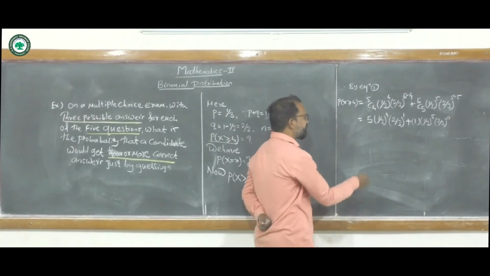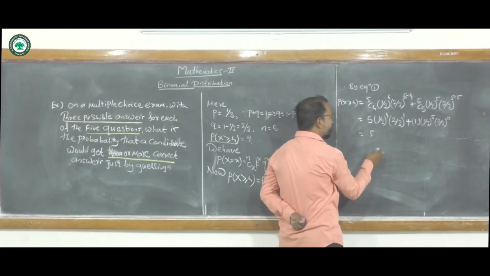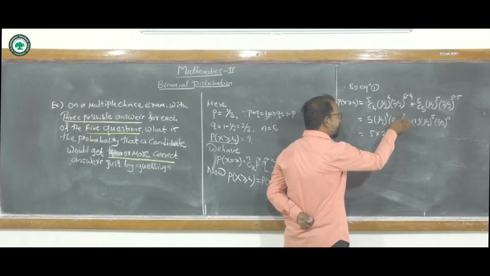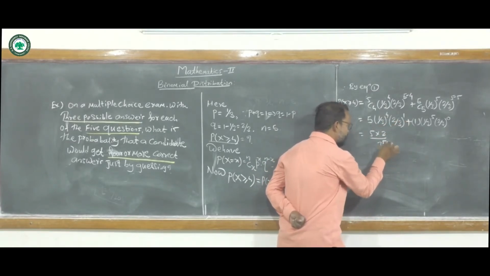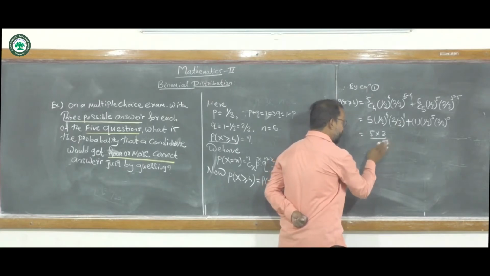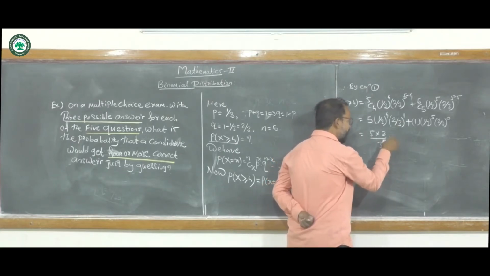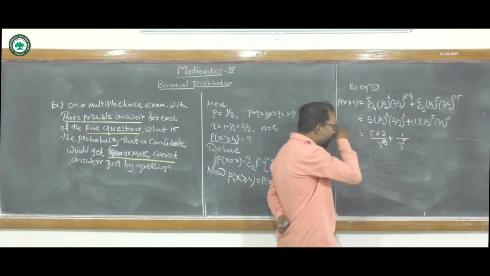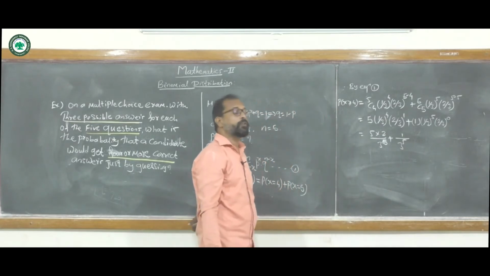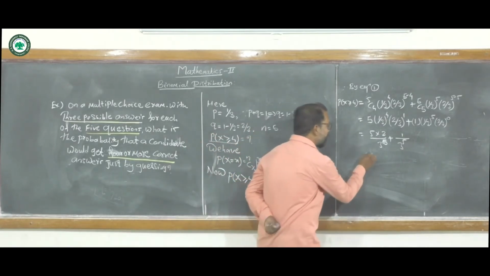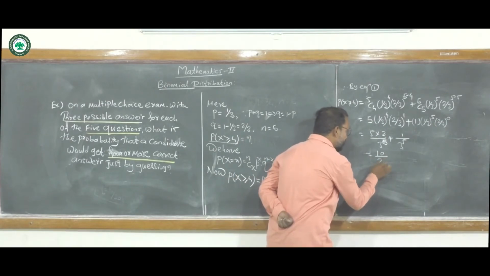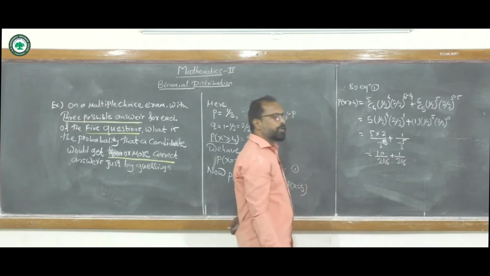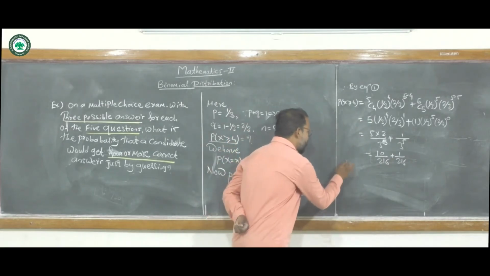Now this becomes 5 into 2, and 3 raised to 4 into 3 raised to 1 becomes 3 raised to 5, plus here it becomes only 1 upon 3 raised to 5. Now we know that 3 raised to 5 is 243. So it becomes 10 upon 243 plus 1 upon 243, and so the final solution,